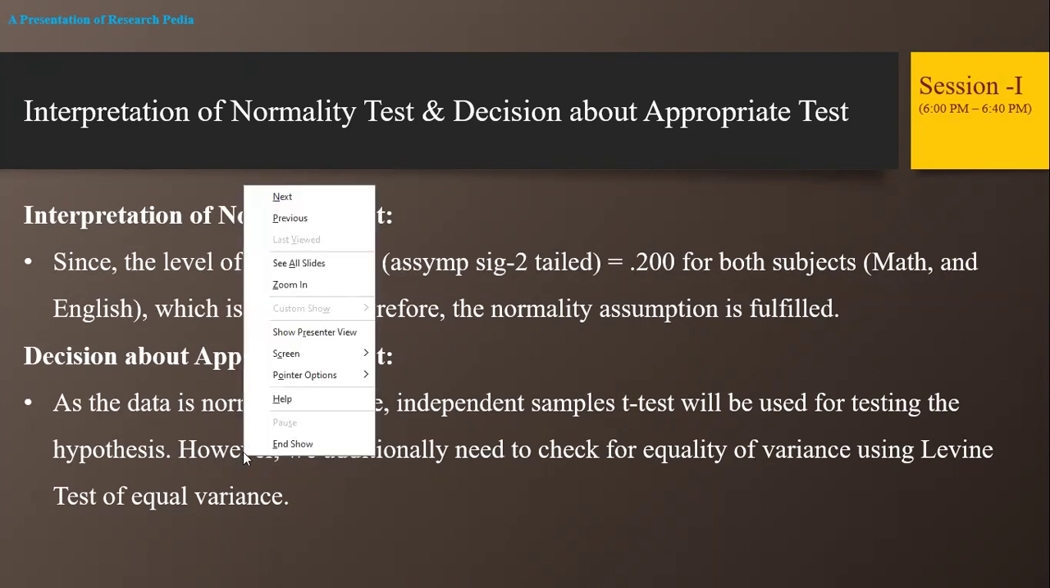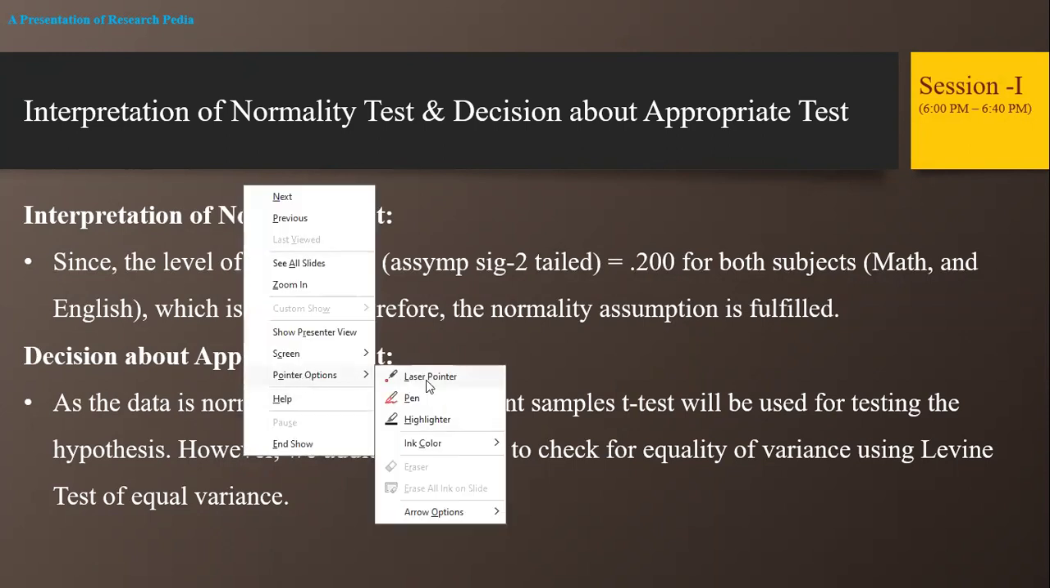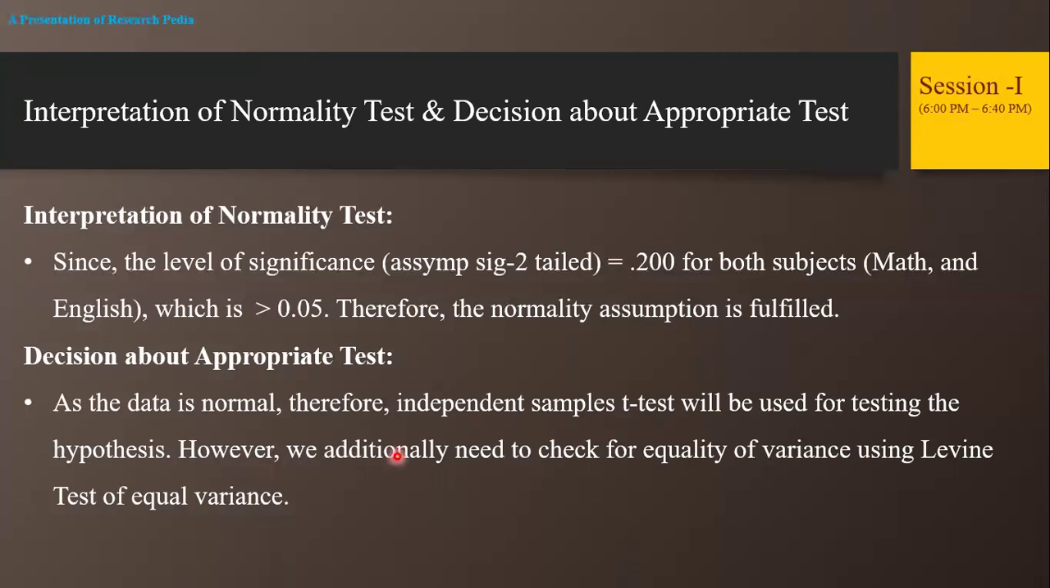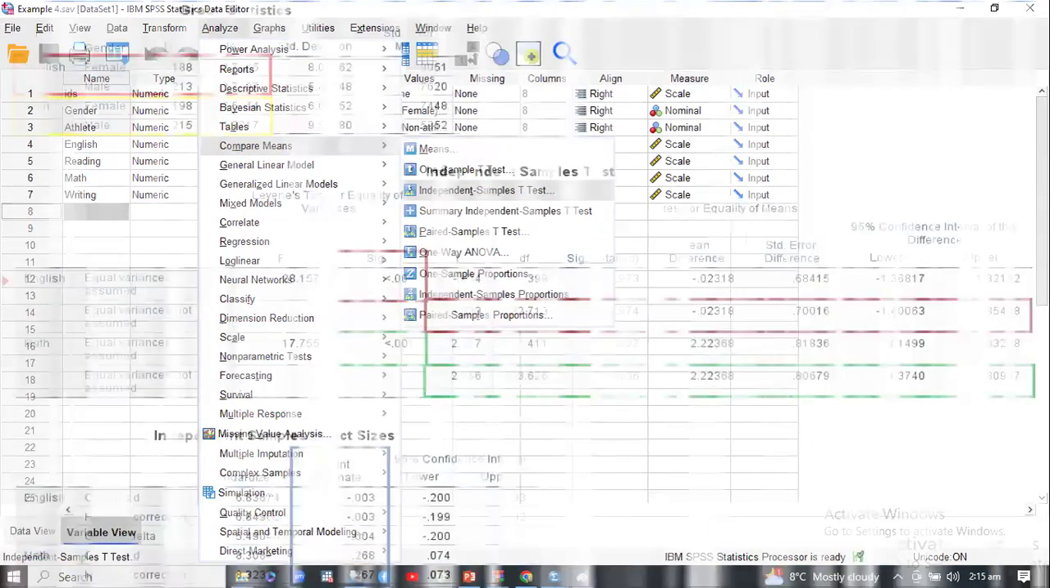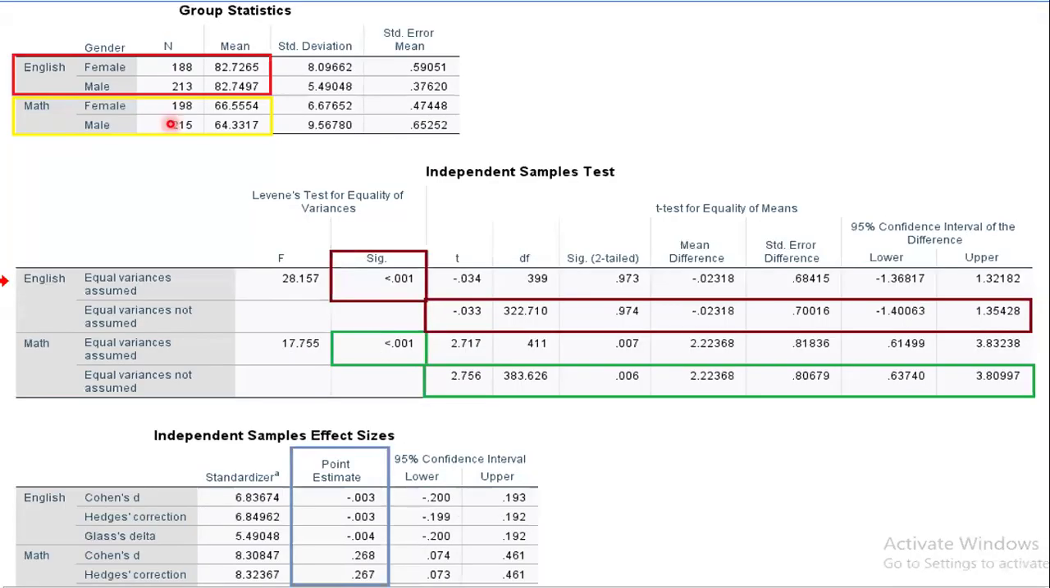However, we will additionally need to check for equality of variance using Levene's test of equal variance. So in this case, we need to check again the independent sample procedure, like using analyze, compare means, independent sample t-test, and you will find out in the table